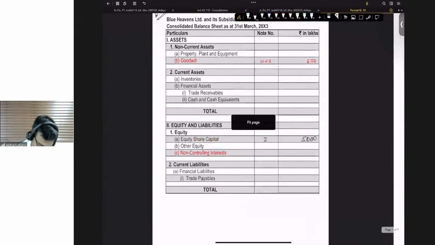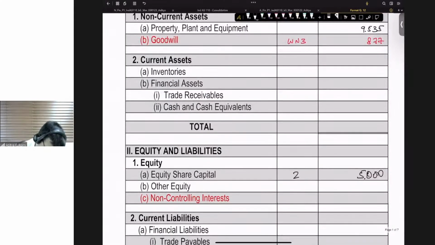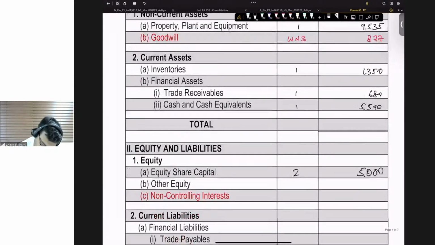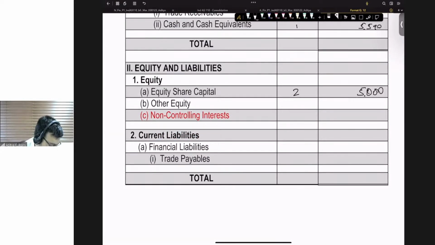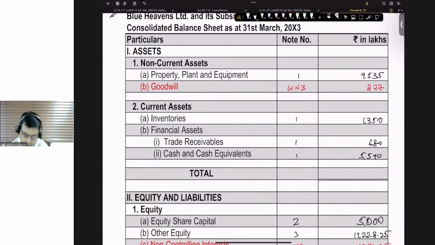Okay, now post it. So you will be having here 9,535. Inventories 1,350. Trade receivables 680. 5,590. All this is note number 11. Okay. Equity is done. Other equity is working note 3. 11,228.25. NCI working note 3. 1,283.75. Trade payables 520. So if you now sit to do the total,